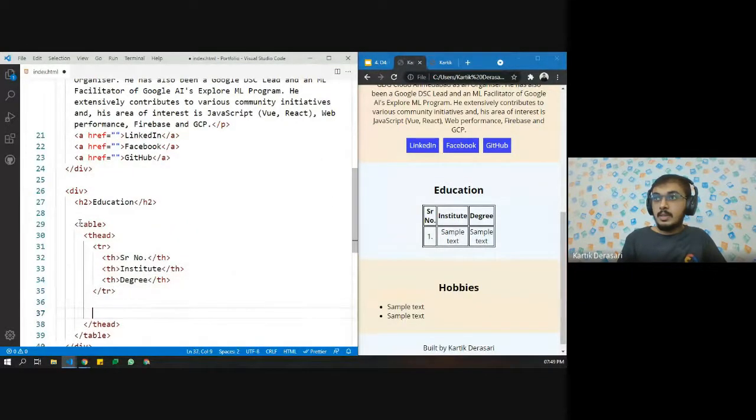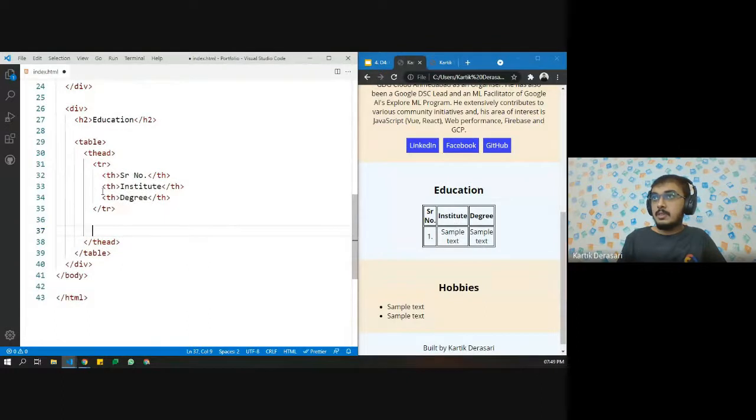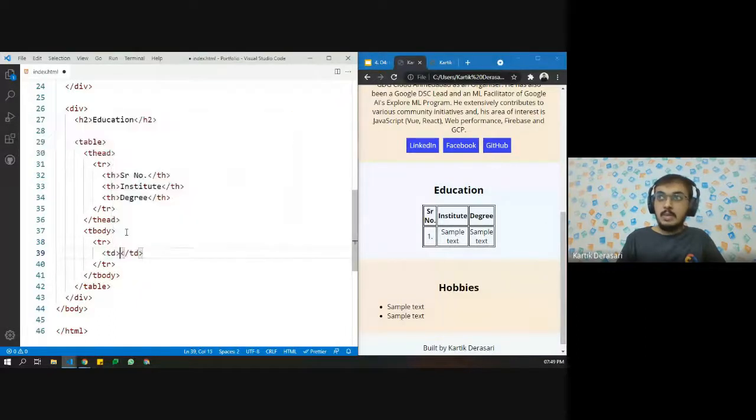Okay, the heading part is done. Then we need to create the body part. So inside the body, right now we have one row and three different table data. Let's say for the first row, we have table data.